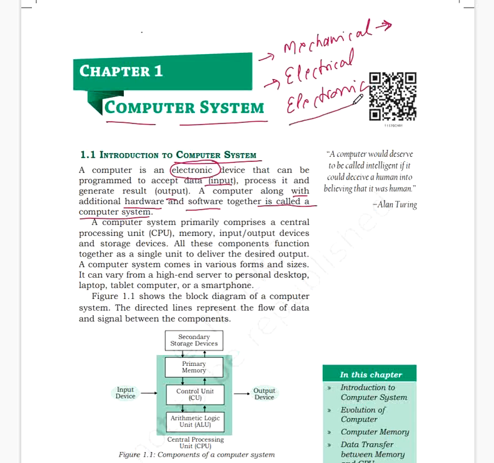Electronic devices are also operated on electrical signals, but in the form of DC, that is direct current, whereas electrical devices are operated on AC, that is alternating current. Most electronic components or devices need to change the electrical signal from the form of AC into DC. That's why we require an adapter that converts the alternating current into direct current.